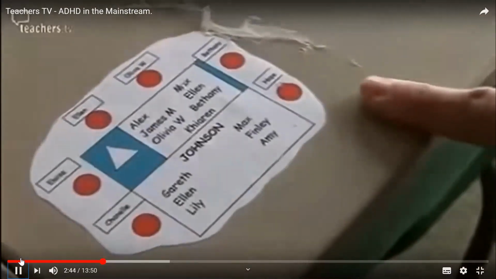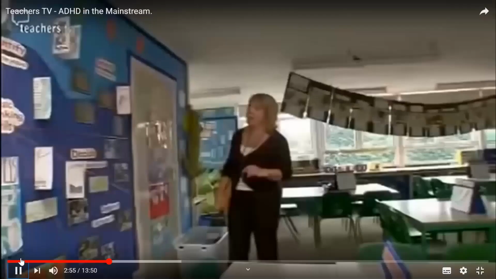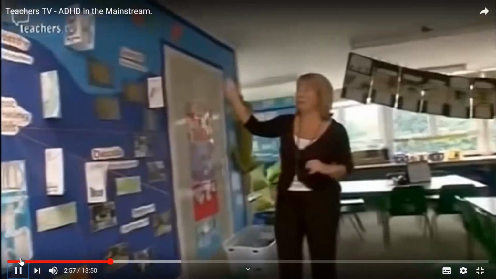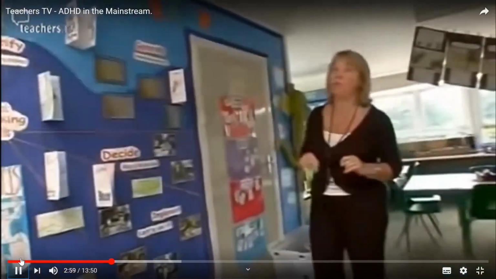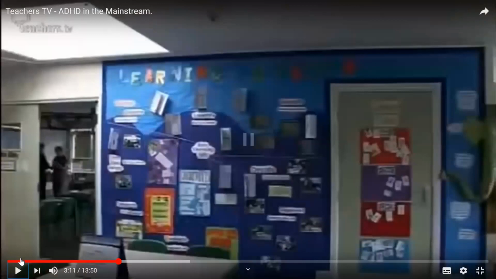Down here I've put a little map on the table, and we've got literacy groups, maths groups and friendship groups on there, so the children can come in and just check, because often it's just that security of knowing where they are and what they should be doing. As you can see, this is just a display of the children's work, but we do it in such a way that it's not confusing. It's another thing with children on the autistic spectrum. They find clutter and things all put too closely together hard to separate.